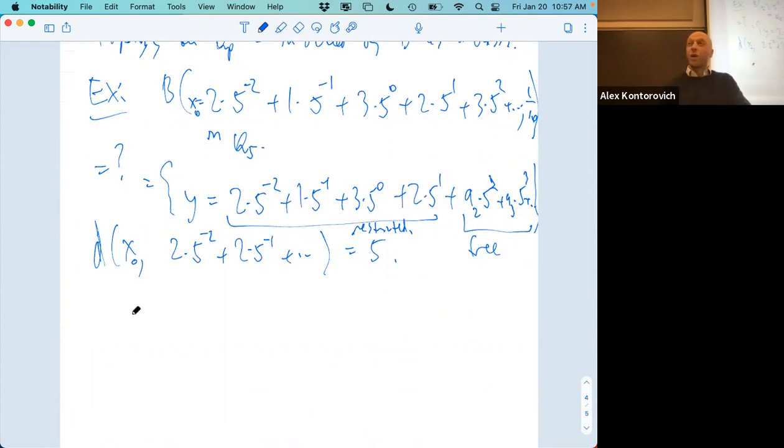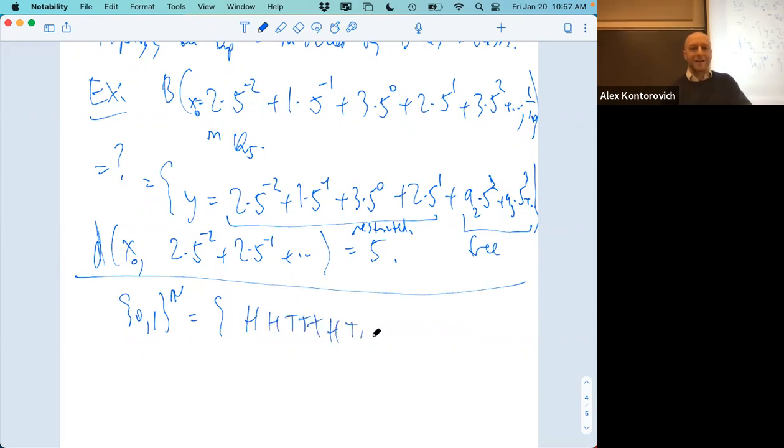Okay. I'm not assuming ergodic theory. You don't need to know any ergodic theory. If I have infinite coin flips, heads, tails, right? So I have 0, 1. So this is an aside. We've answered the question, right? This is what a ball looks like. If I have {0,1} to the n, I'm thinking of sequences like heads, tails, heads, tails, whatever, infinite sequences of heads and tails, and the collection of all such things.